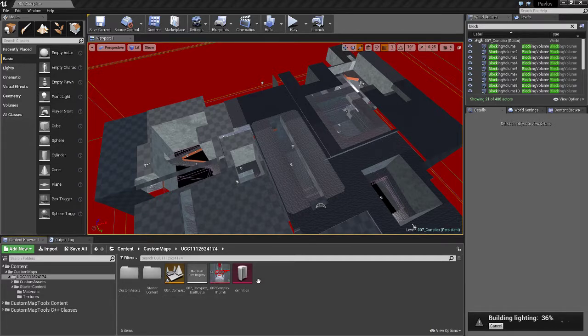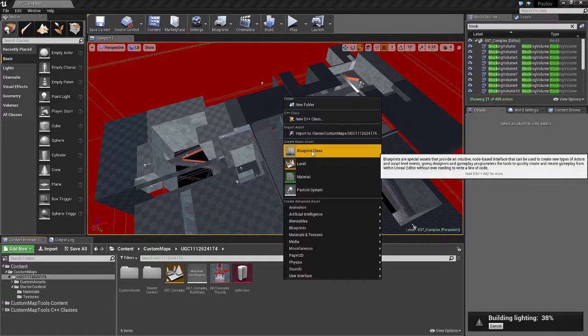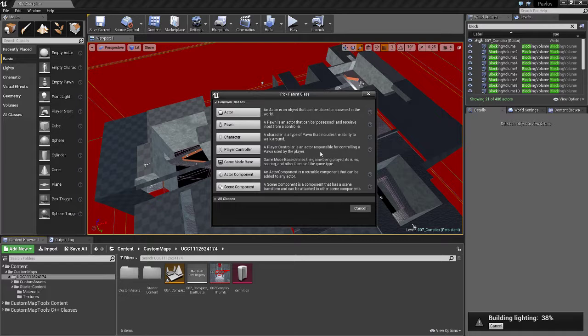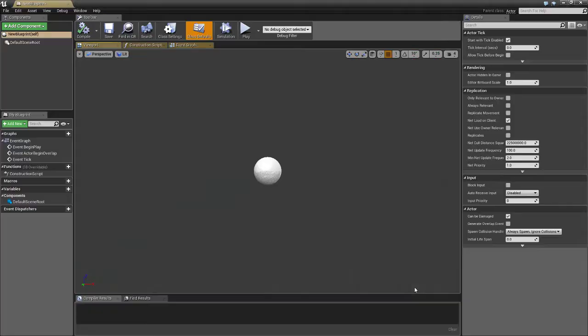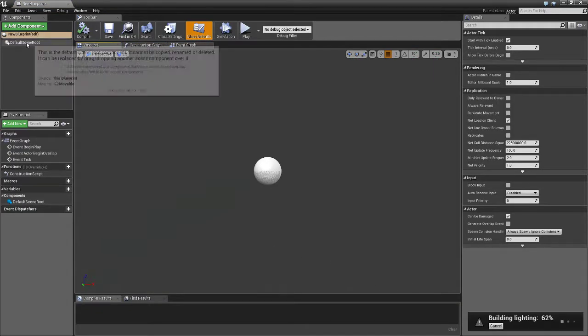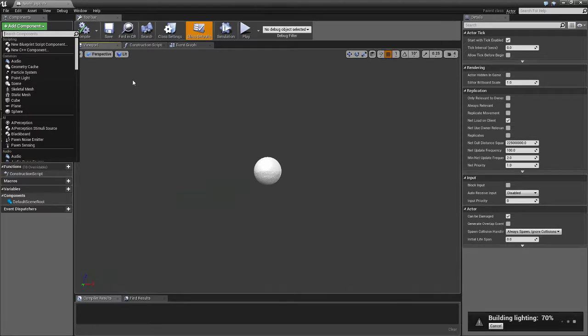So in your UGC folder, you'd right click and make a blueprint class, make an actor. This will give you a blueprint with a blank root. You can name it whatever you want. It's like a dummy root, so that you can make anything the root later, or just leave it blank. I like having the versatility of a dummy root. And then you would add a box collision,